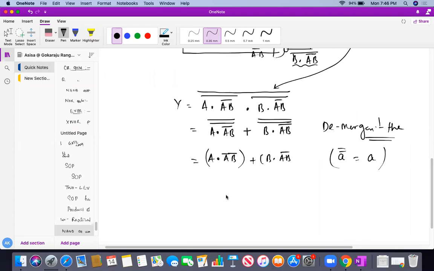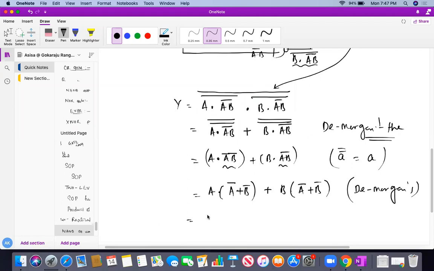If I now apply De Morgan's theorem again to these two, what will I expect here? A and A bar or B bar. Am I correct, students? Or B and this will be again A bar or B bar. I just applied De Morgan's theorem multiple times, very simple. Next, I will apply the distributive law here. This will be A B bar or A bar B or B B bar. Am I correct, students? So A A bar is 0, B B bar is 0. So finally what we have achieved? A bar B or A B bar, which is nothing else than A XOR B.